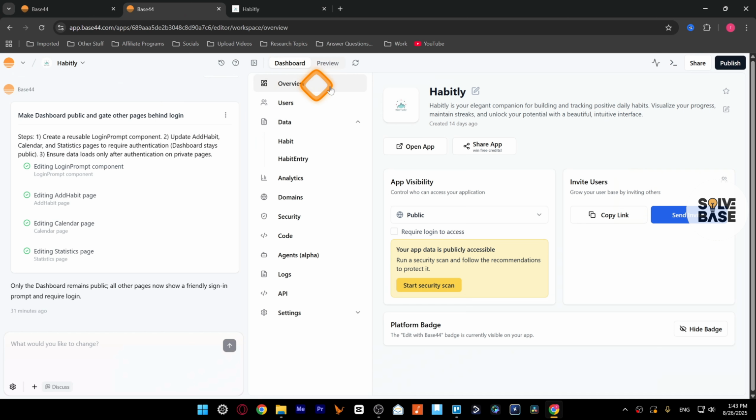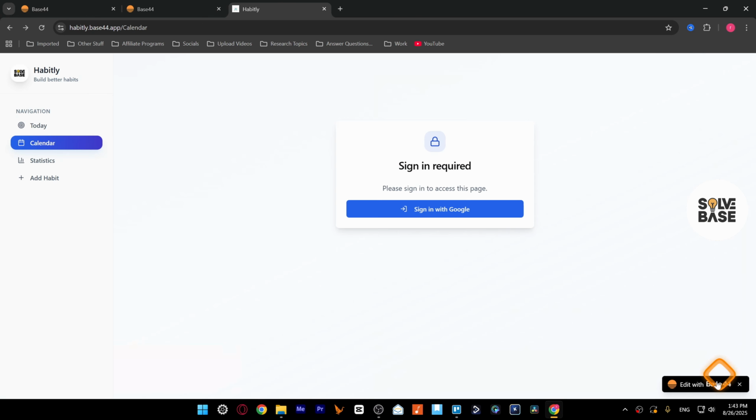In dashboard, you've got the overview. You can change your project name from here. You can invite users. If you want to hide the badge that you see here, you do need to upgrade